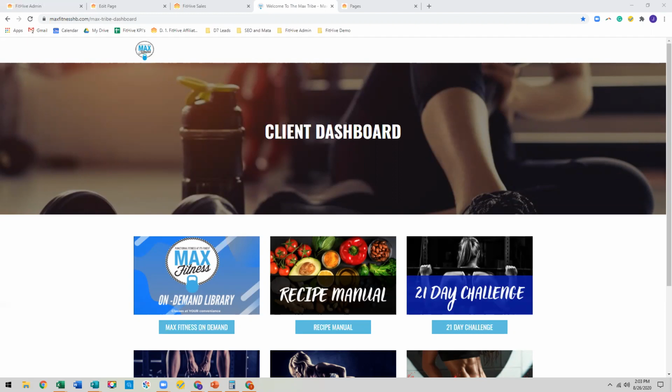Creating the site itself is actually extremely simple and easy to do, so I'm going to show you that part of it. And then I'm going to give you some recommendations and some ideas to think about how to maximize the dashboard itself. So at the end of it, if you do have specific questions, I'll answer those